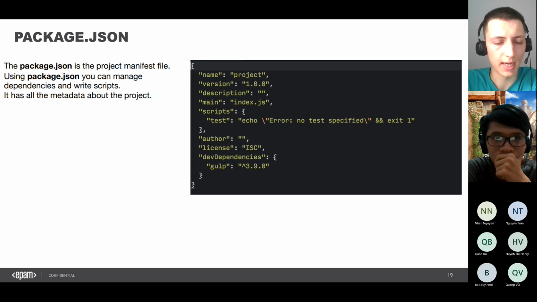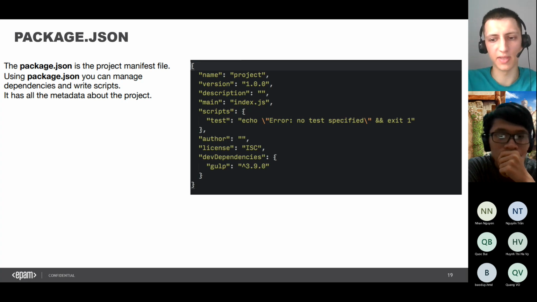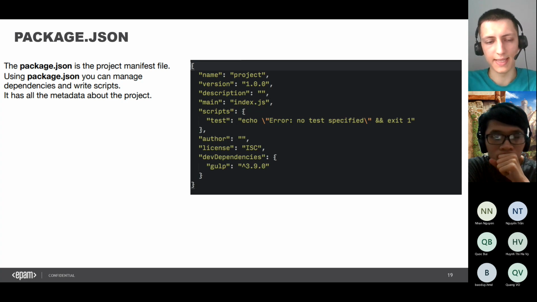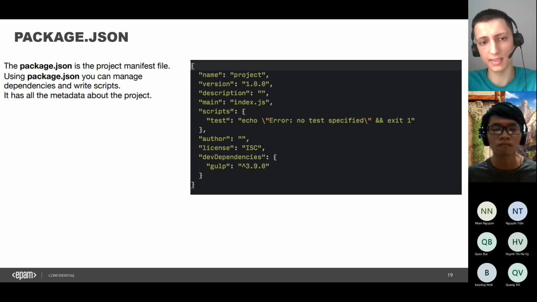For example, as you can see, here we have devDependencies, and when we run npm install gulp, yeah, it will be added here, as you can see here. But also we have devDependencies and just dependencies. The difference between them is that devDependencies are used just for local development and so on. So we won't use such things in production. And for the dependencies, when we put something in dependencies, it means we think that these libraries are necessary to run our application in production.